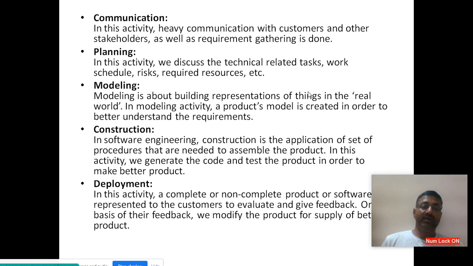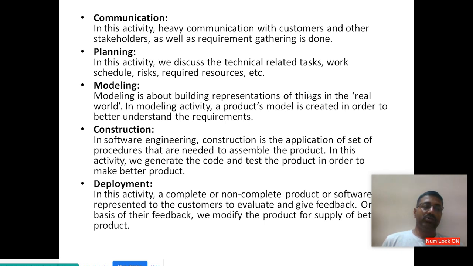Communication is the activity which properly establishes and identifies the end users, stakeholders, and what all the requirements are that we need to gather from the end users. And every software engineering division should stay in touch with the end user in a smooth way and maintain the relationship in the right way.